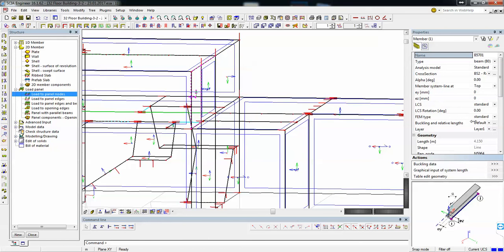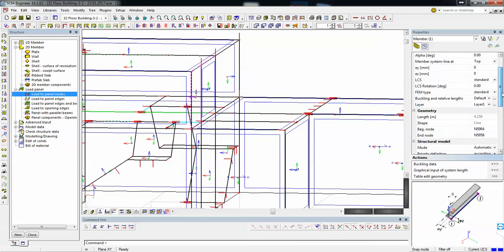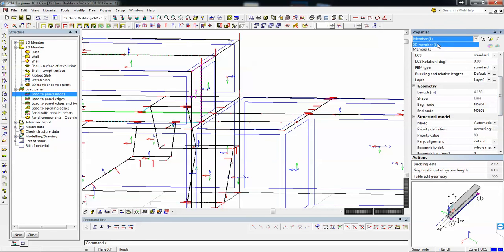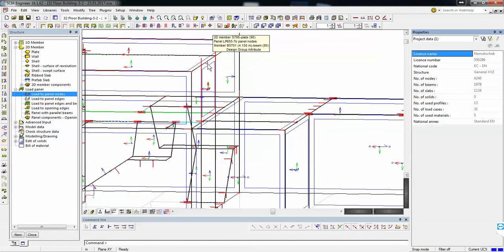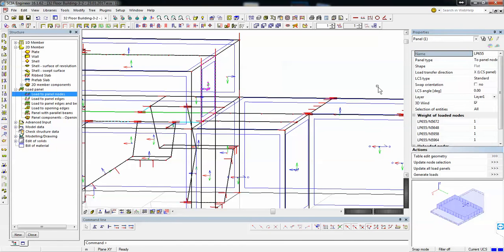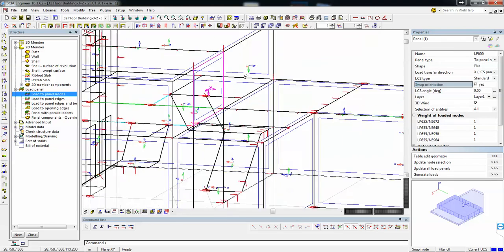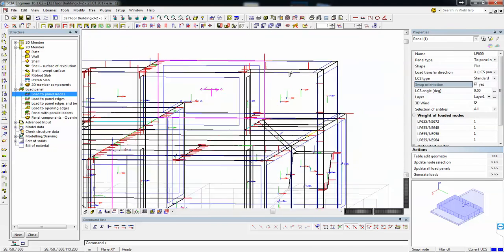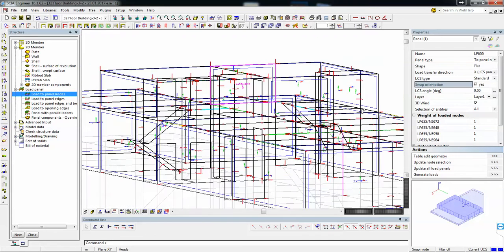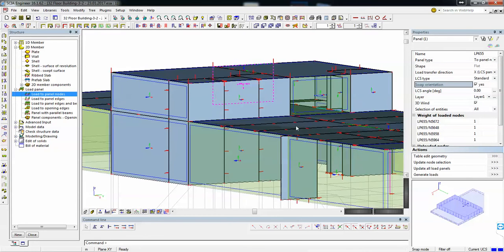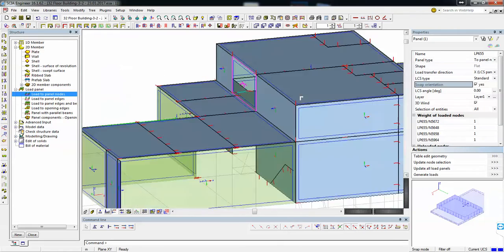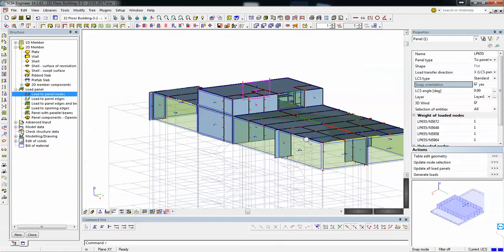Okay, so I select the elements and then go again to swap, actually on 2D, to swap the orientation to be outwards. And for this panel it's the same thing. I select the panel and I say swap orientation, so I make sure that everything is outward. This is a sign convention that is written in the manual, but it's important to get the correct wind distribution from the 3D wind generator.